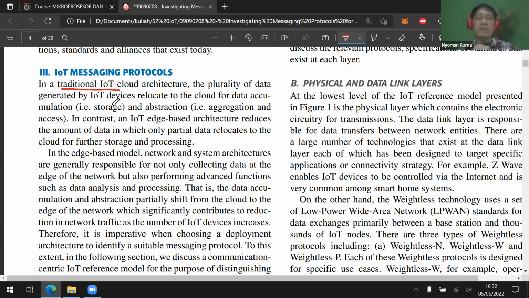So that means we're going to do data processing at the edge on the IoT device, and then just send enough data to the cloud. Not every data, but only enough data. For example, I have 1,000 data, and then I'm going to send only 3 information.